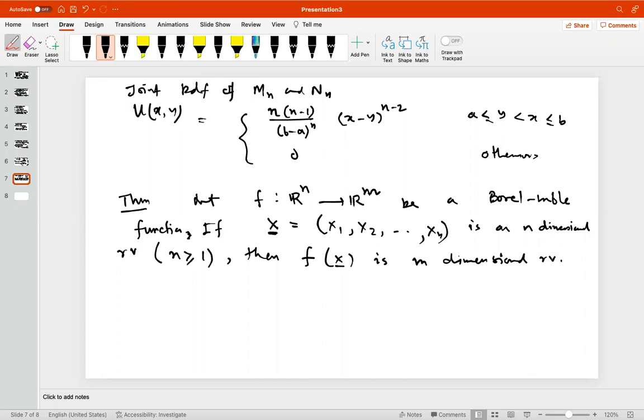Say it is a function of r, theta. If r, theta maps to r cos theta, r sin theta, that is polar to Cartesian, and maybe there is some Cartesian to polar. F of x, y is just root over x square plus y square and tan inverse y by x, with some condition such as x positive given. So these are the inverse transformations, and when this inverse transformation exists,